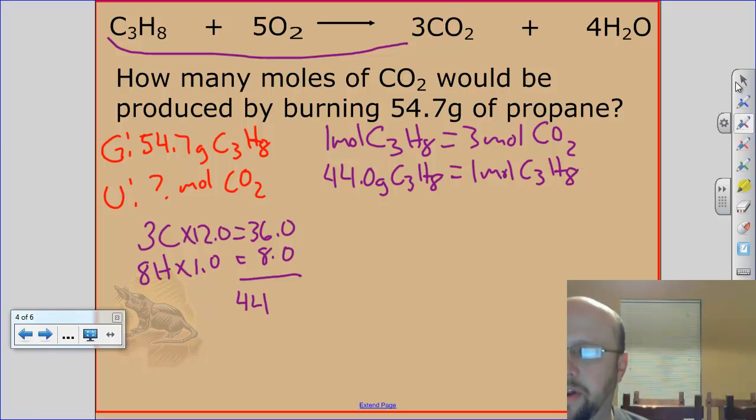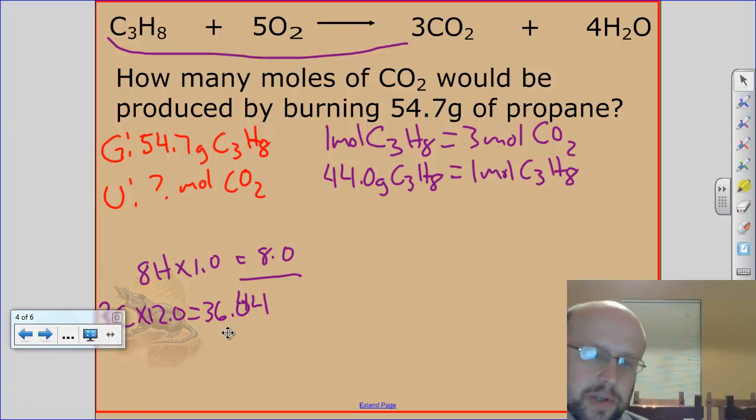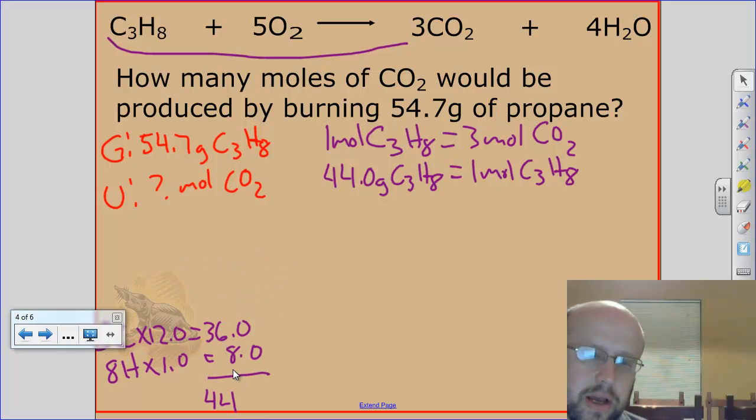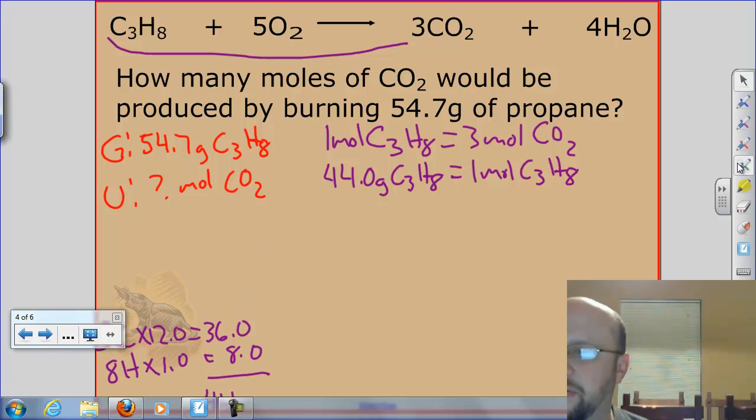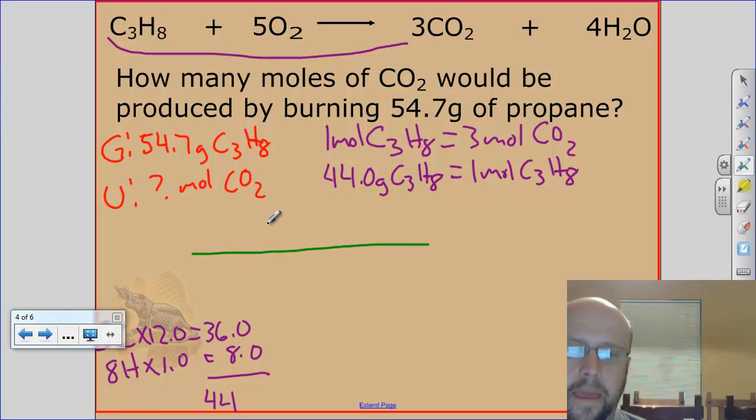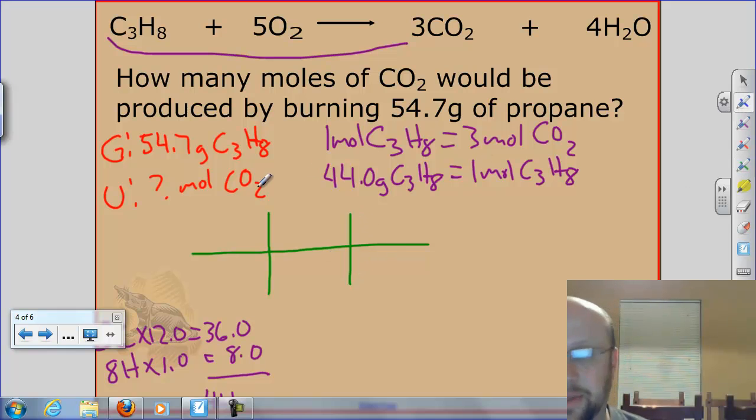Now, do I have enough stuff? Pretty much do. Let me move this out of the way real quick, guys. All right, do I have everything I need? Well, I can go from grams of propane to moles of propane. I can go from moles of propane to moles of CO2. So I've got everything I need. Now it's just a matter of plugging it in. If I've got 2 equalities, then that means I need 2 conversion factors. So start with your given,